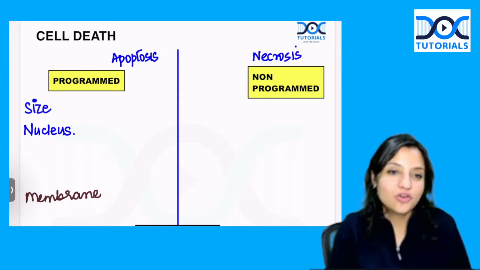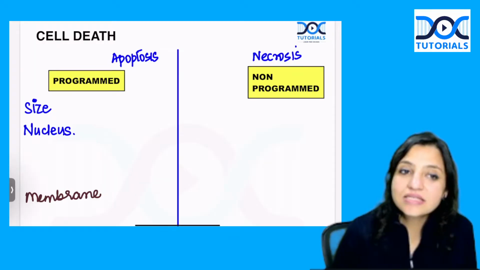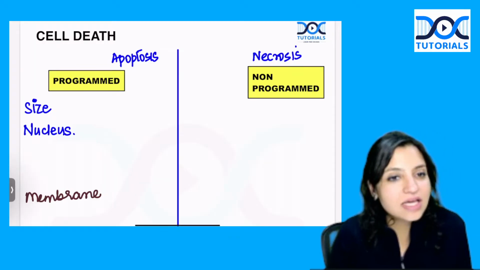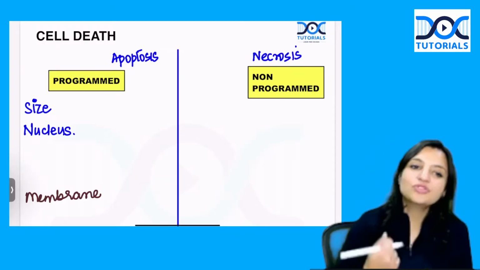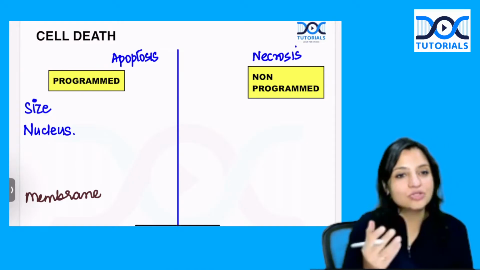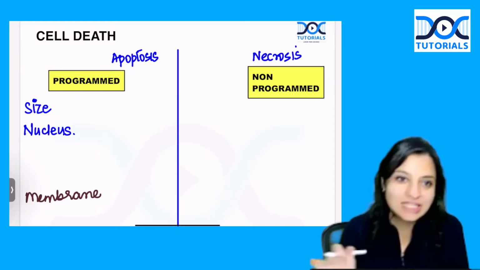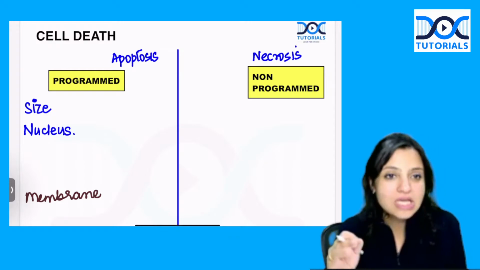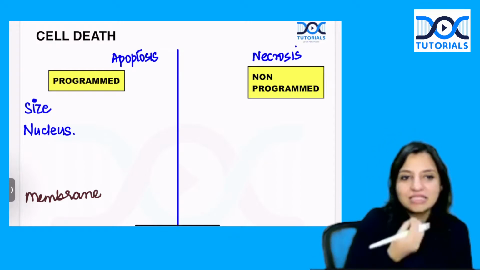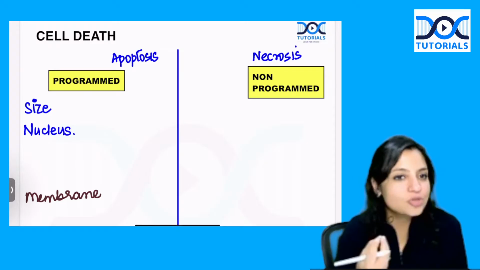Okay. So always remember, apoptosis is like a cell suicide. So whenever a cell decides that I have to kill myself, okay, what will happen? Remember, you should never do suicide. A cell should never do suicide. But suppose if a cell decides that I have to kill myself, what should be the things that the cell will do?